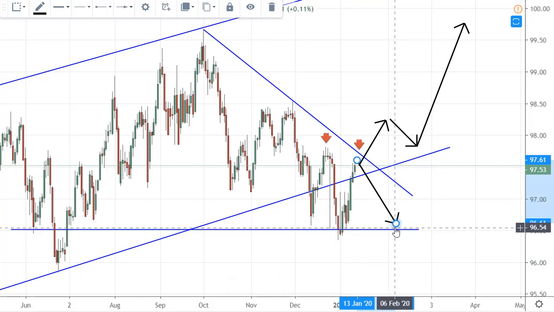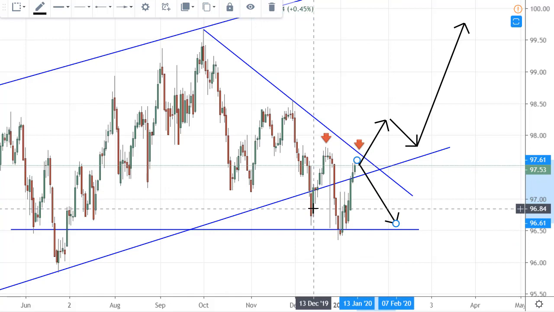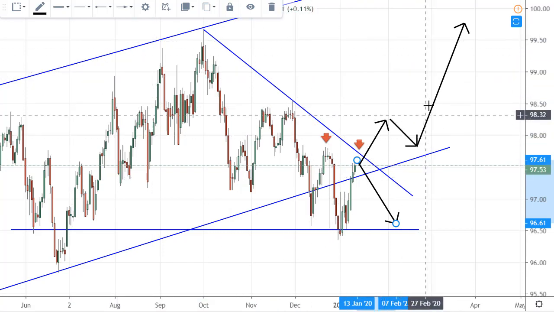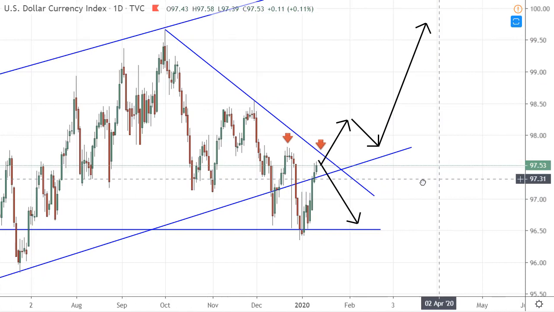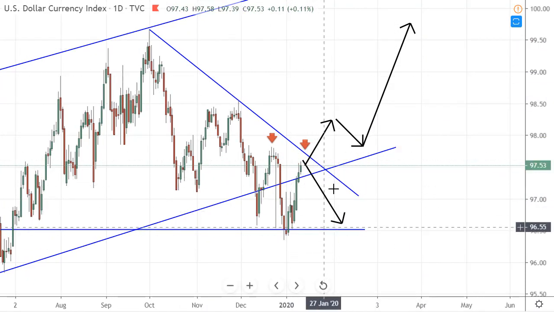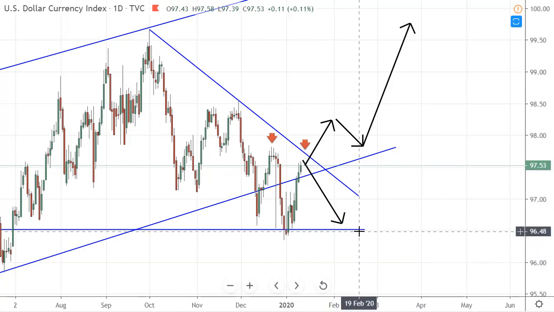It's likely, but eventually we have to see if price for the beginning of 2020 is going to trade back into the channel and do another attempt to the 100 levels, or if it will stay in this bearish move and we go back to the recent support level, and maybe this time it will break. We have to see. We don't know that yet.